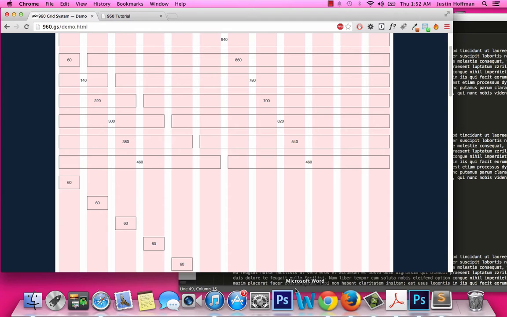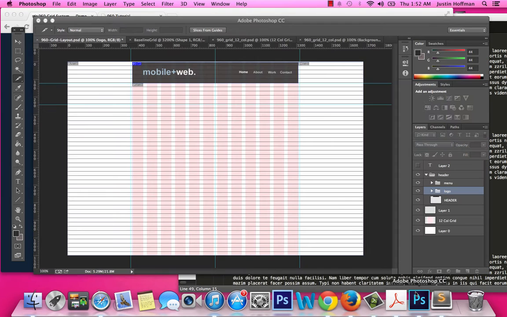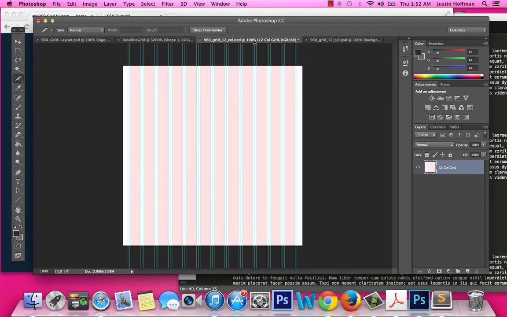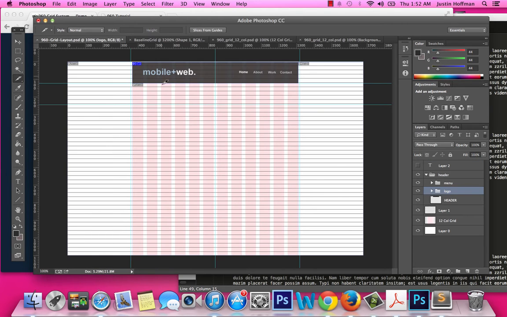So as I said before, I uploaded this 960.gs grid into my Photoshop, and with that I created this web photo plus web layout, right? In the example that I showed you,